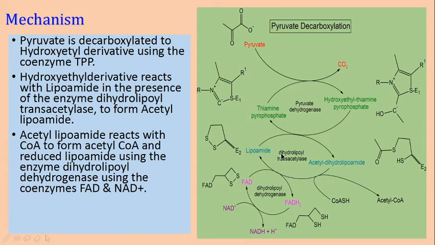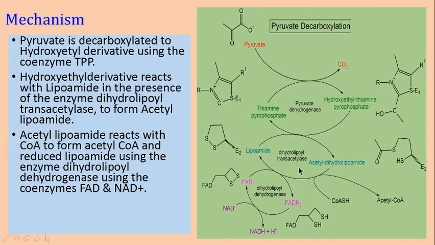Why are we saying pyruvate is converted into acetyl CoA with the help of coenzyme A and NAD+? It means the other three coenzymes, thiamine pyrophosphate, lipoic acid and FAD, are all regenerated in the same reaction. We are getting back thiamine pyrophosphate, lipoic acid and FAD, which are given back to the reaction. Only coenzyme A and NAD+ are utilized. Hence, we write the reaction as pyruvate reacting with coenzyme A with the help of NAD+ into NADH plus H+, giving acetyl CoA with the release of CO2. This is the reaction catalyzed by the pyruvate dehydrogenase complex.